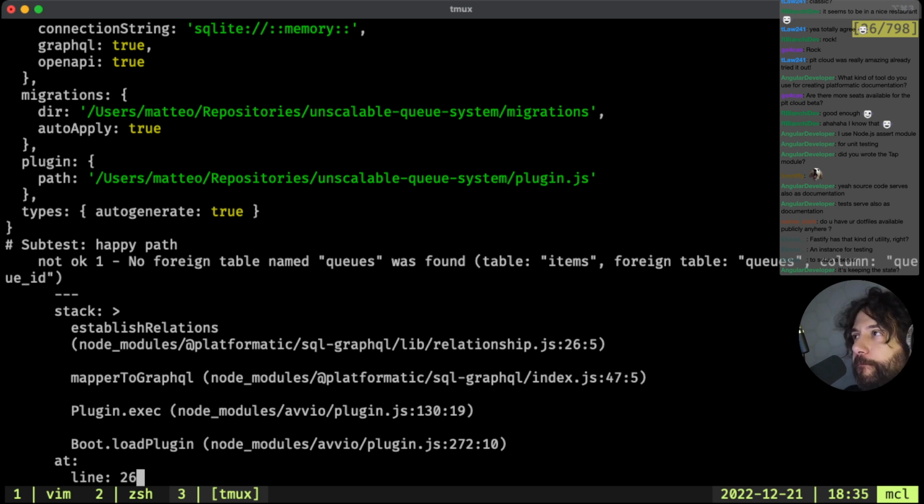Very interesting bug. So no foreign table named queues was found. Let's see why.